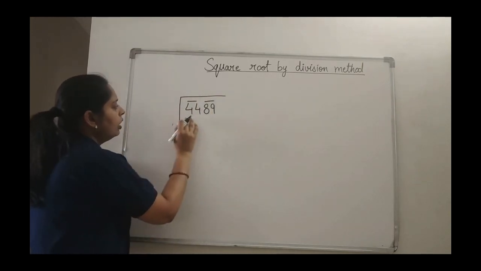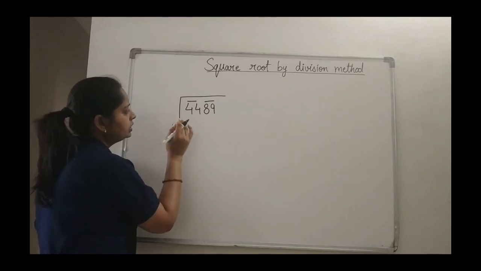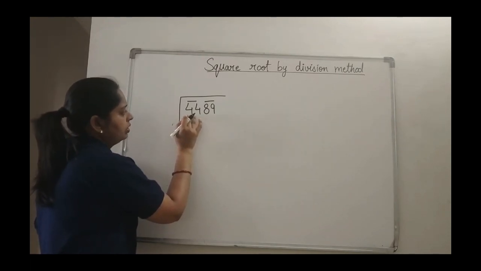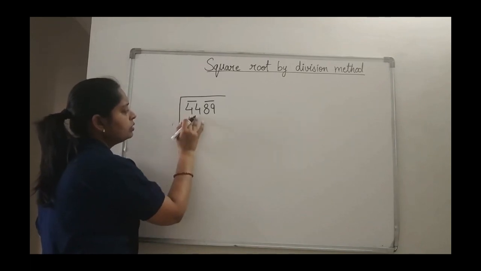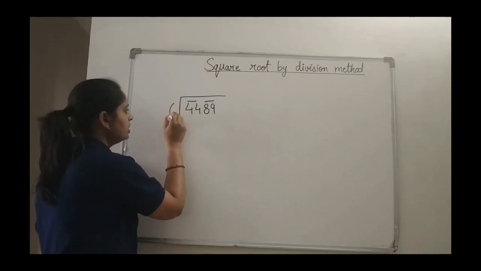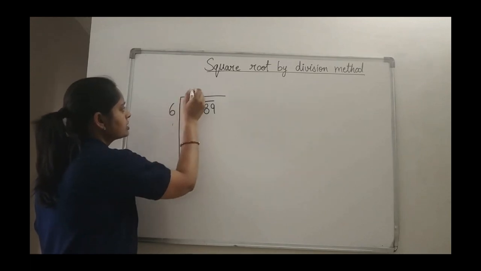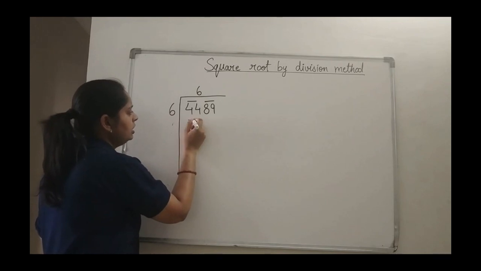And then what we have to think for 44? We have to think of the largest square number. Here, is 44 a square number? No, because we know 7 7s are 49, but that is greater than 44. So what do we have to go for? 6 6s are 36. So whatever digit entry we make here, the same digit entry should go here. Means 6 6s are 36.